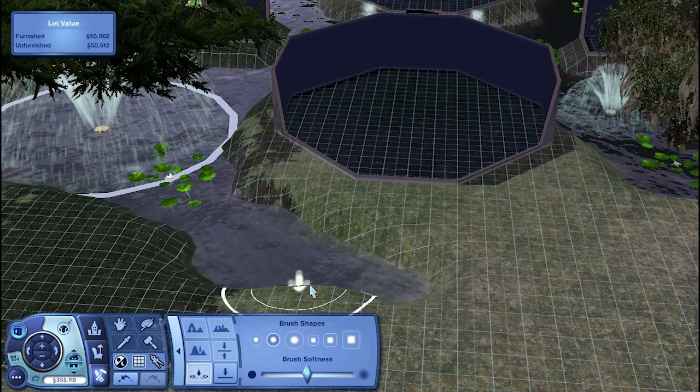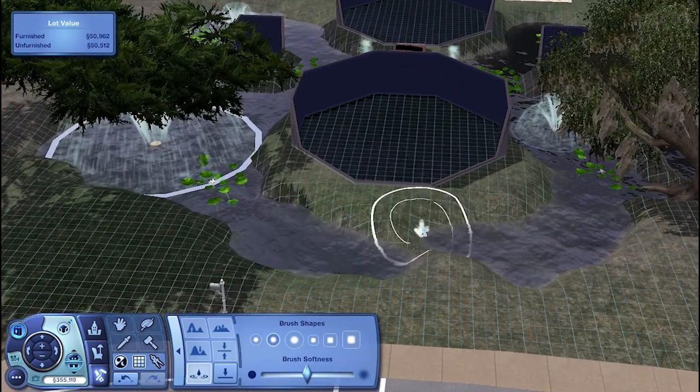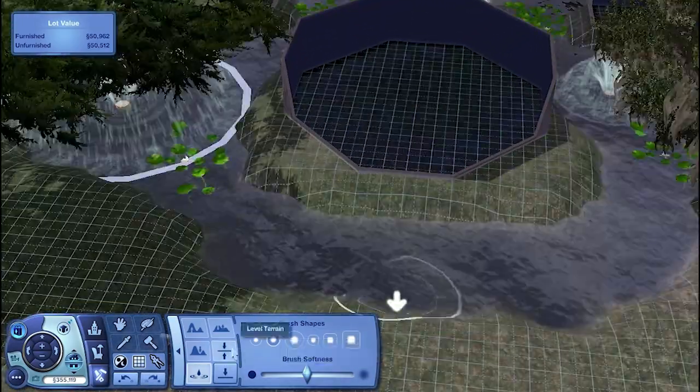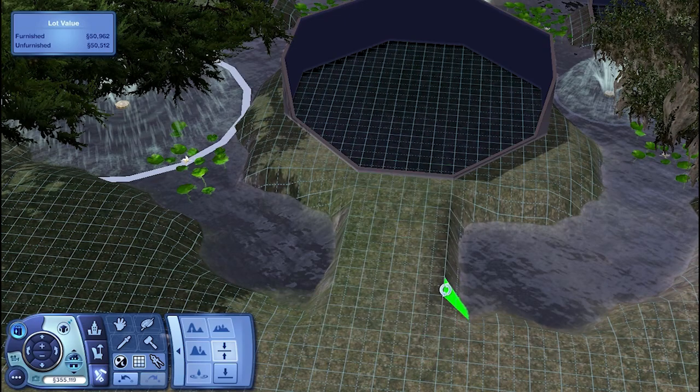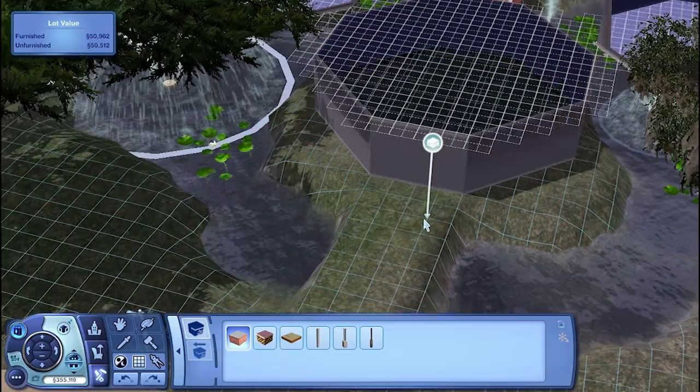So, alright, here I am making the pond. I'll keep this in there. I'm not going to cut it out because it's not very long. So you can see what I do here. Make another